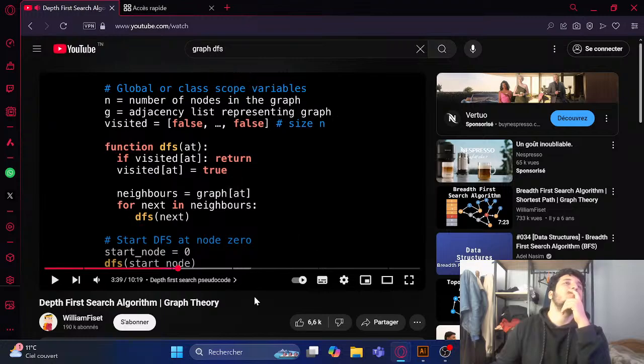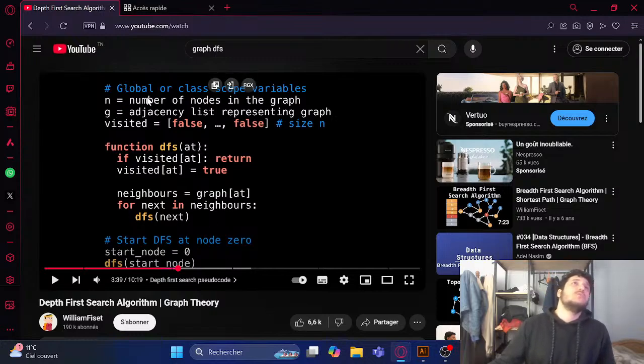Okay, so from the first look of the code, we have n, which is the number of nodes in the graph. G equals an adjacency list representing the graph. Visited: we're going to initialize a list. Its length is n, which is the size of the graph, and then we're going to initialize all its values to false. Then we're going to make the function dfs